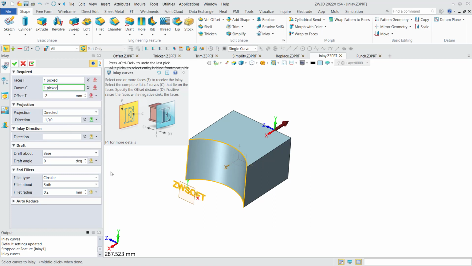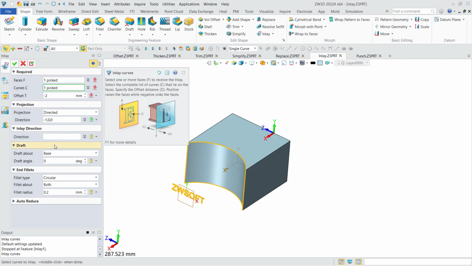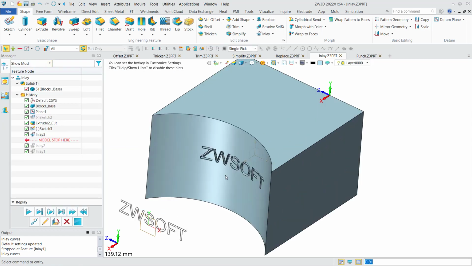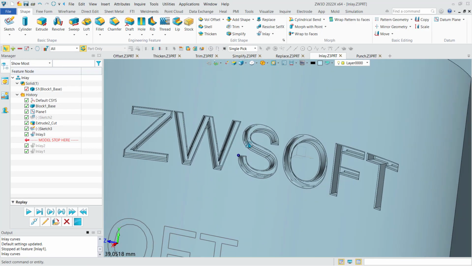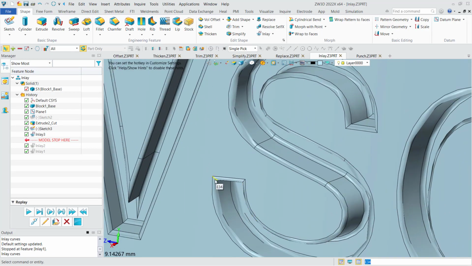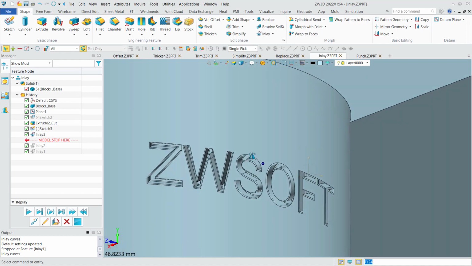Okay, and actually we can make more things in the inlay, like we can do the draft, and also we can do the fillet. Like here we can use the fillet as 0.2. Okay, and then we can see the result. Okay, now you can see we have made a sunken effect, and every edge has its fillet. Okay,